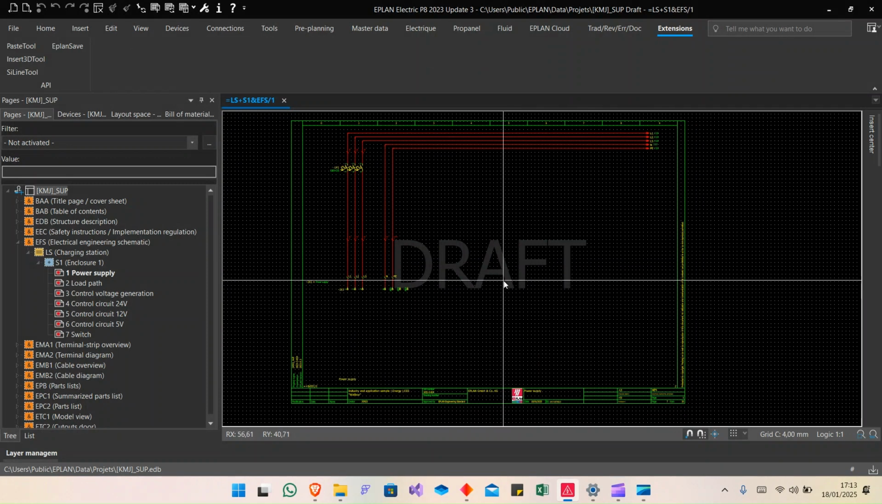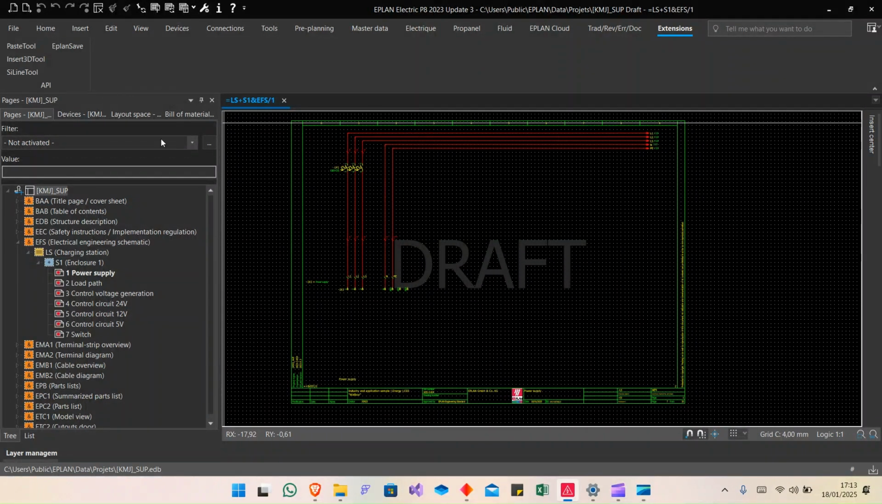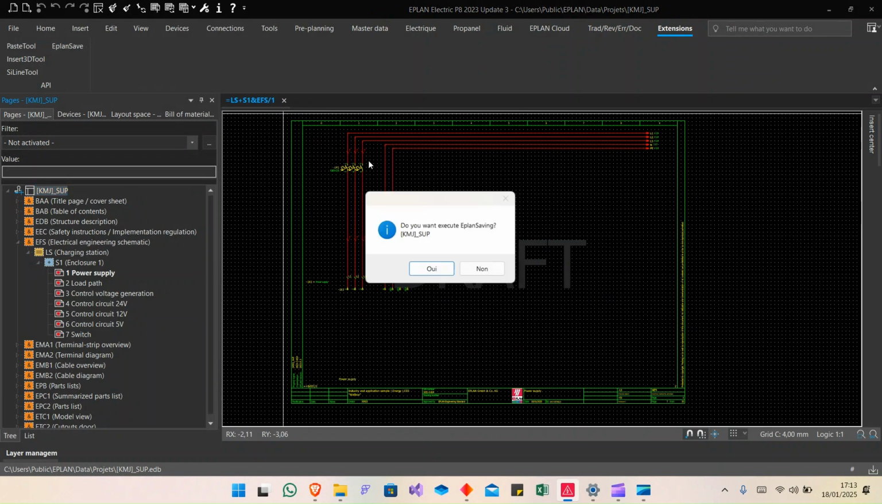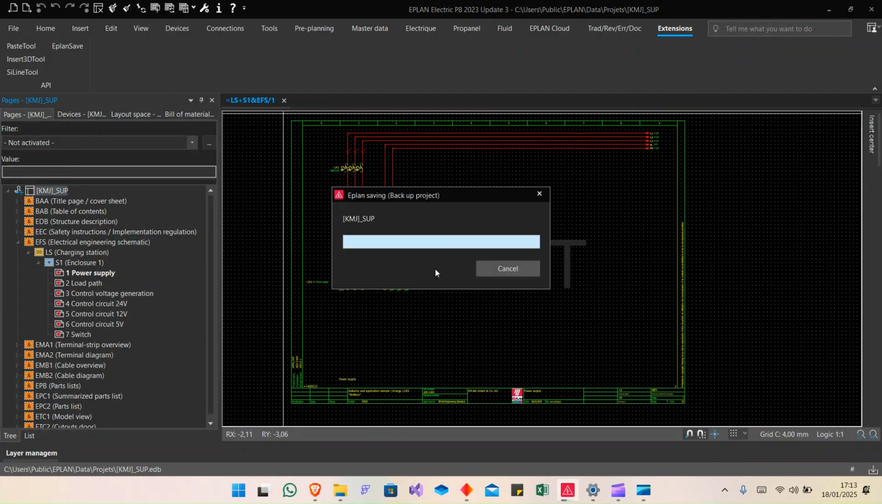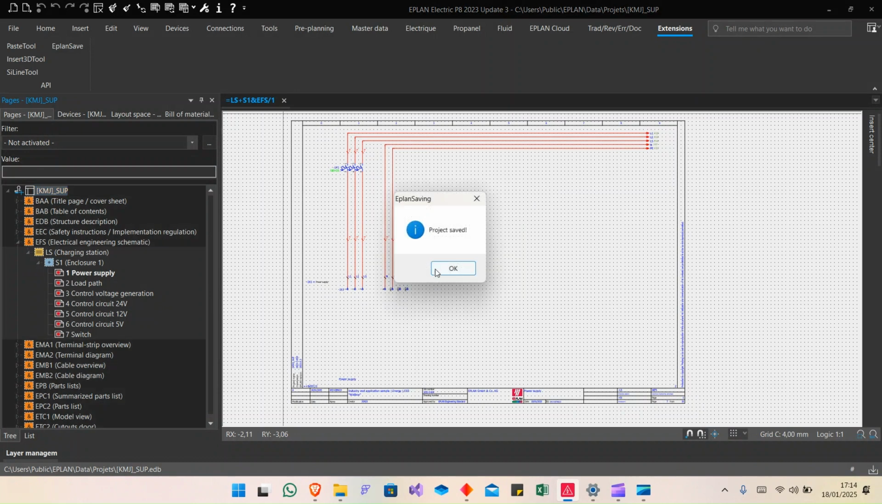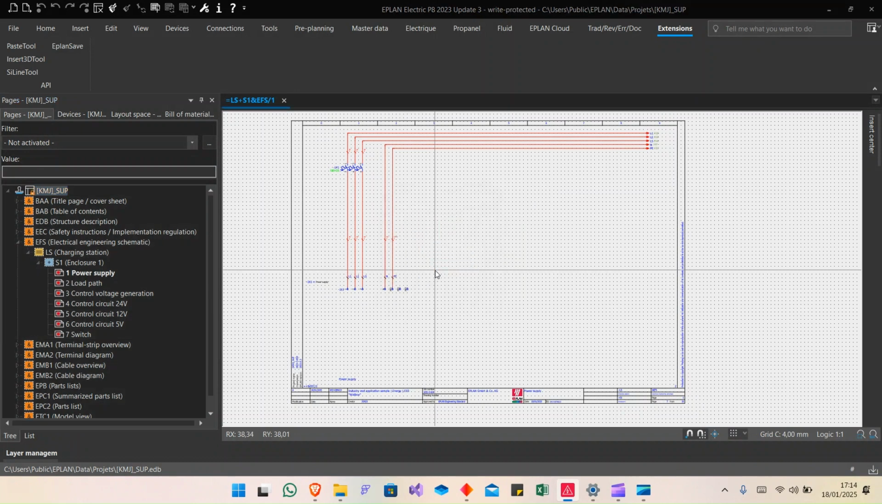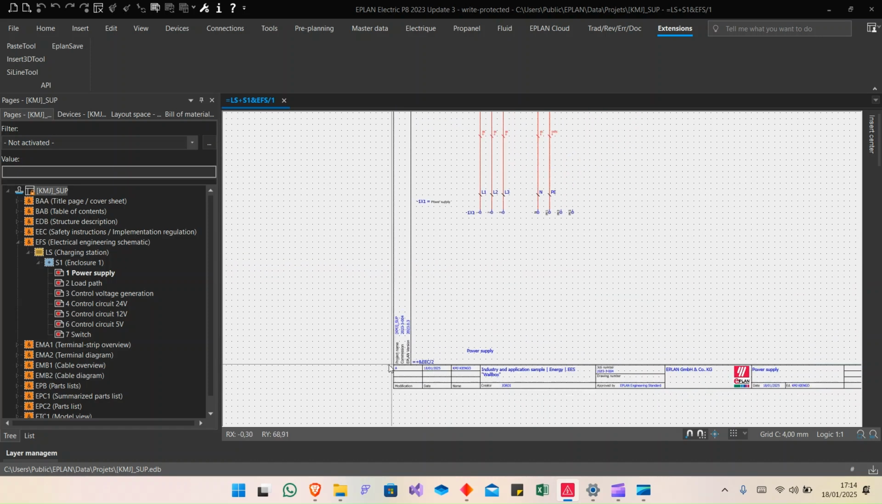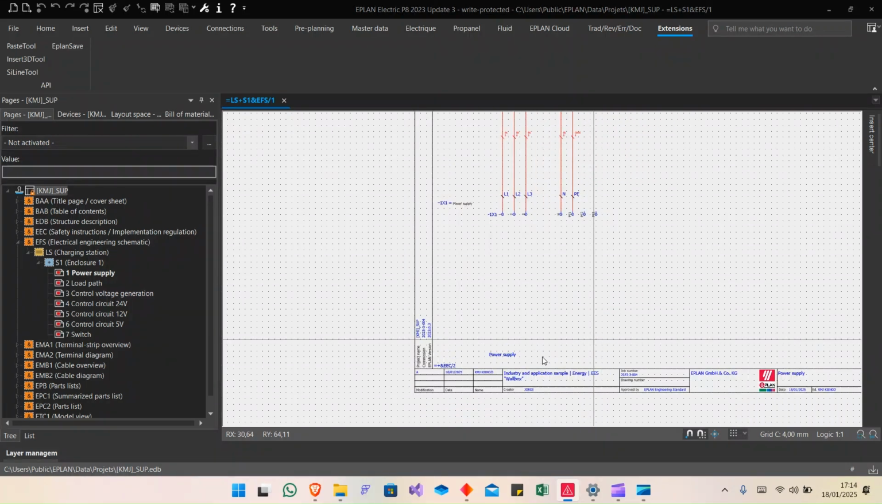If I come back to Eplan and launch my tool, yes, the Eplansave is in progress. We wait a few minutes. Project saved. We can see that this page has the name of my revision here also,